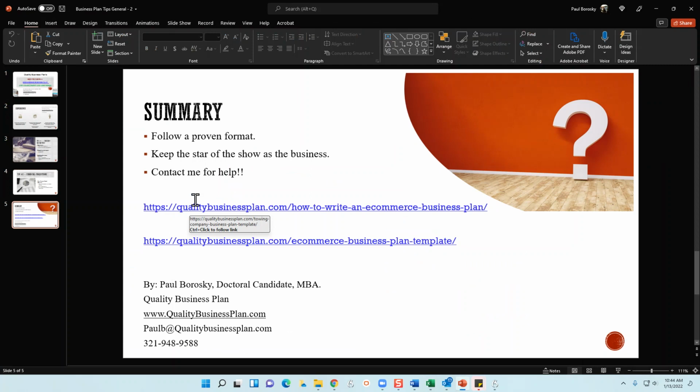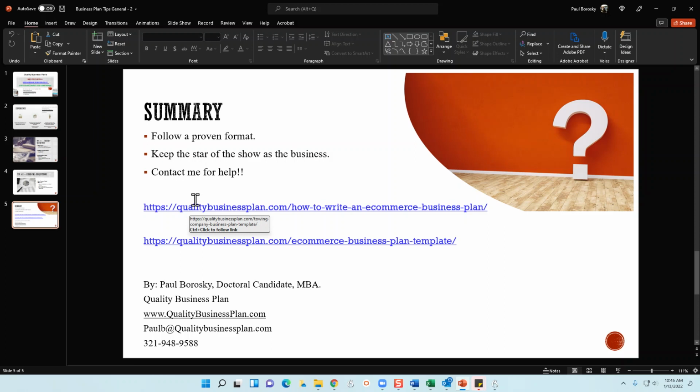And in summary, when you're writing up your e-commerce business plan, make sure to follow a proven format. For example, if you go to the SBA website, you can download for free a business plan template that can be used for your e-commerce company. It can be used for a restaurant, a manufacturing company, a shipping company, a trucking company, a lawnmower company, a building company, and a real estate company. It can be used for all these industries. However, what you are now faced with is identifying what segments you need for your business and which ones are aligned for a different industry. So it can be a little bit challenging.